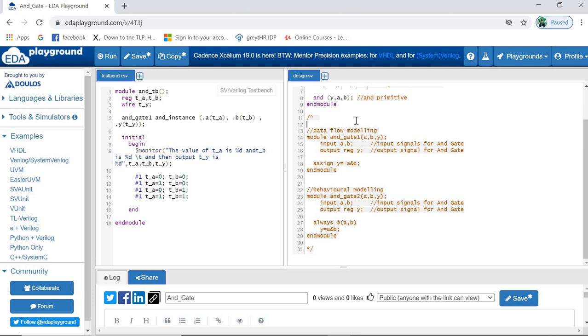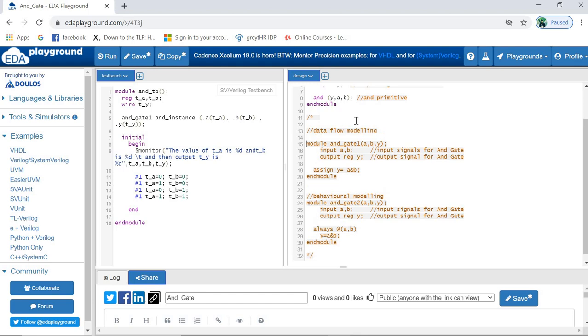So let me write here: this part is used for a single line comment, and this symbol is used for a multi line comment.